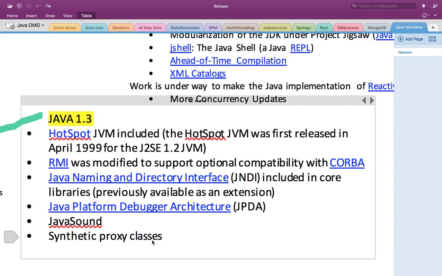So Java 1.3 is an odd number, so remember it like it is released in 2000. And in 2000, RMI was modified to support compatibility with CORBA. If you don't want to talk about CORBA, then just remember that the HotSpot JVM was introduced, and immediately jump into the next point, like